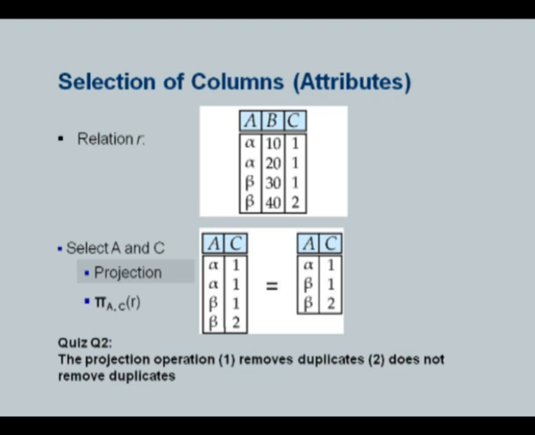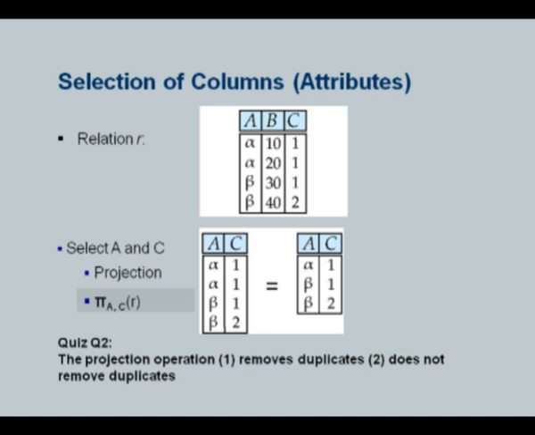So in this case, I have a relation with 3 attributes, and for some reason I want the output without the B attribute. I want just the A and C attributes, because that's all I want for this particular query. Therefore, in the relational algebra, I will write it as follows. I'm going to say pi. Why pi? Because pi is the Greek equivalent of the letter P, which stands for projection, and the subscript is A and C, which means output these 2 attributes A and C, and this operation is applied in this case